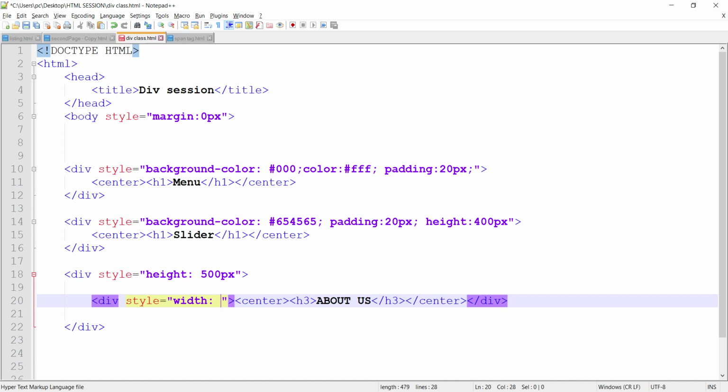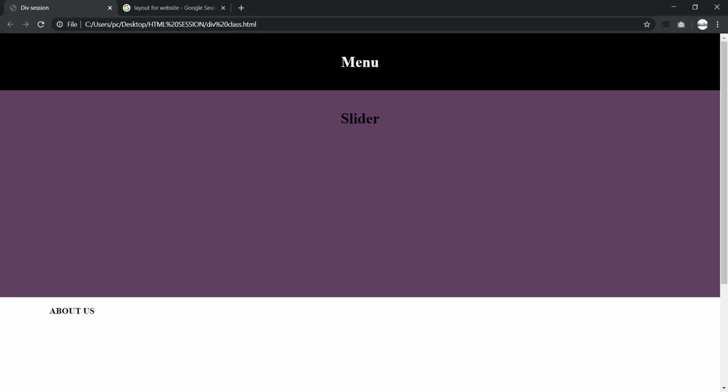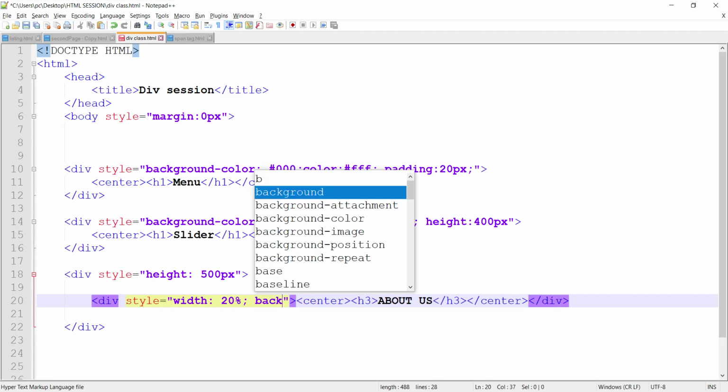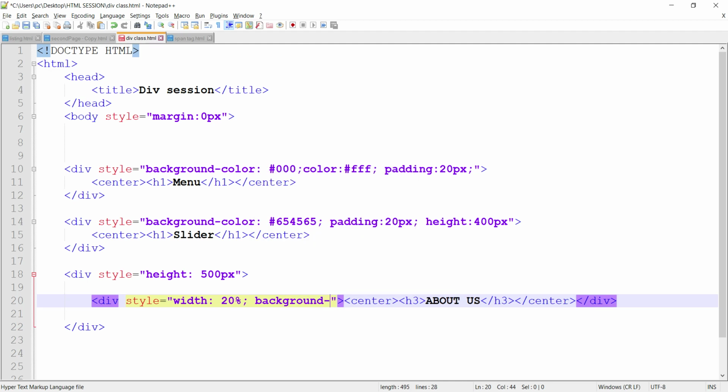So let me divide 100% into 3 units basically. So the first one I am going to give 20%. Okay, so for background color, let me give any random color, 3 4 5 6.